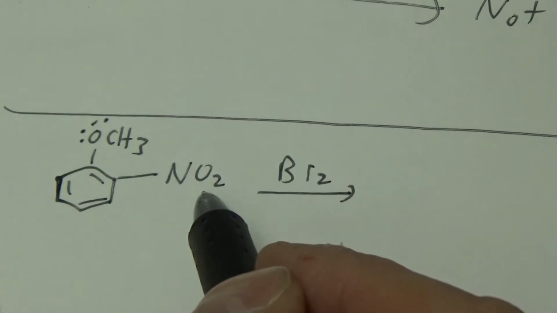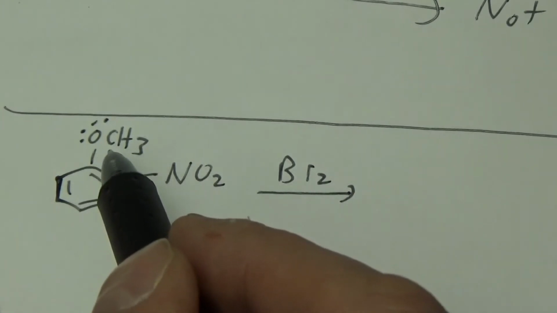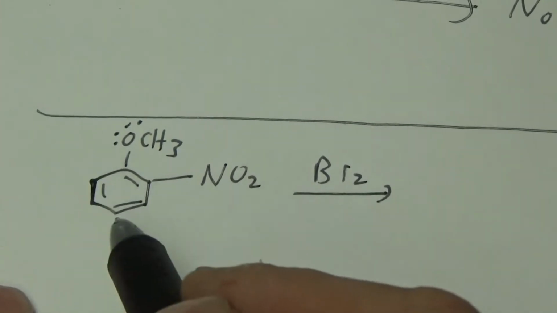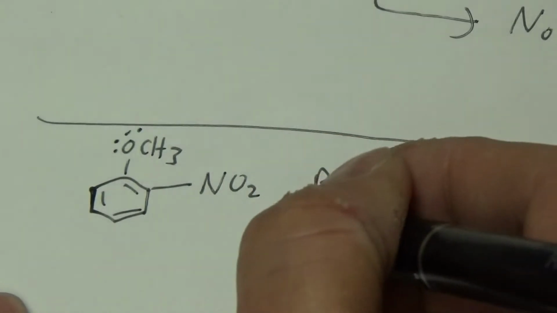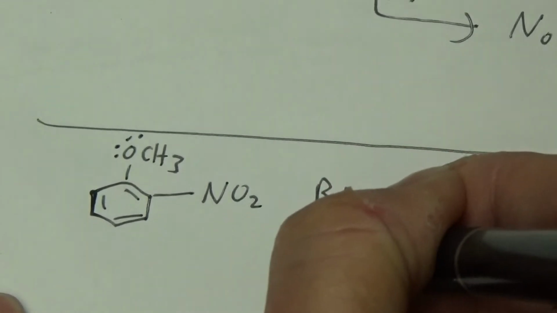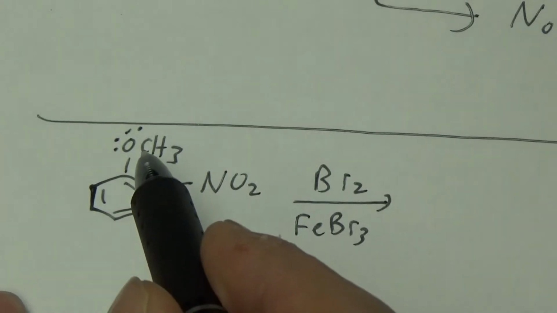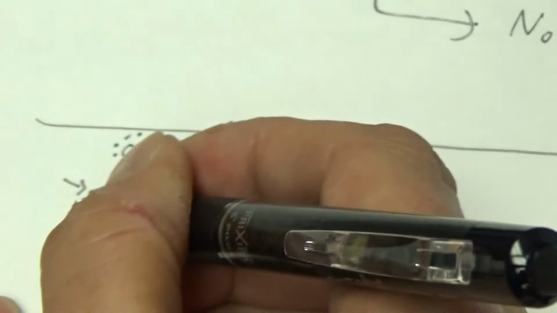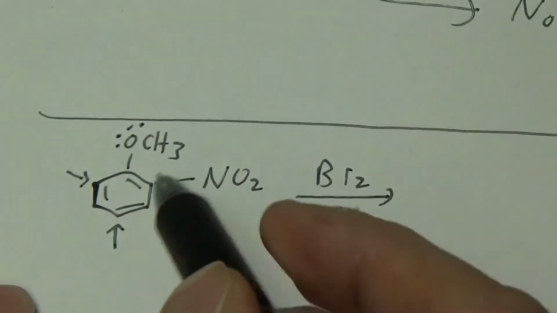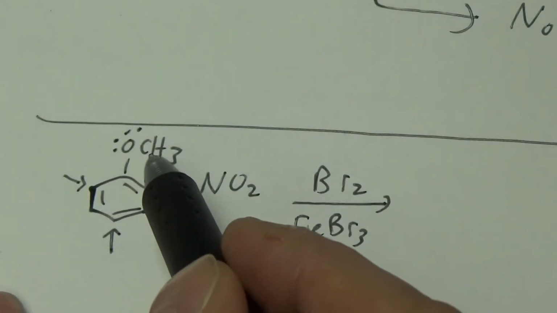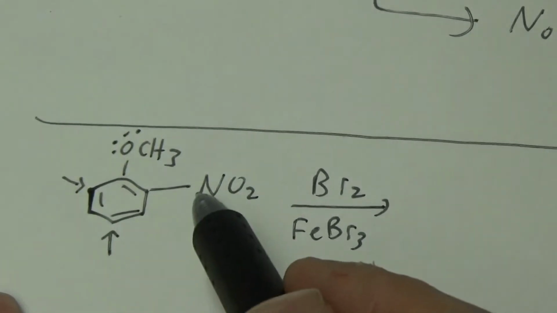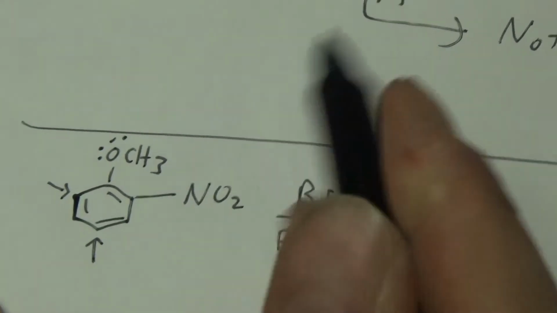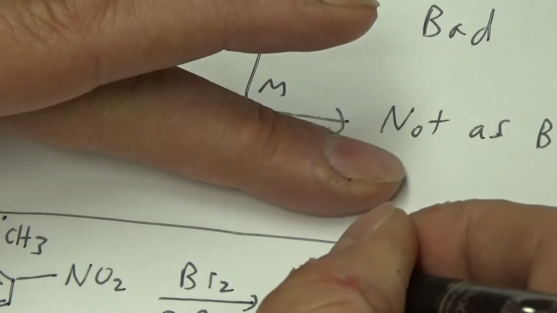And nitro, of course, is an electron withdrawing group. So this is an ortho-para director, that's a meta director. Which sites does that suggest will get brominated? And remember, we need FeBr3 too. Where's ortho and para to this, and where's meta to this? Well, it could be this position, or it could be this position. And those are both in agreement with both of them. So this says ortho-para, this says meta, and both of these are meta. So either of these is possible. Our two answers would be